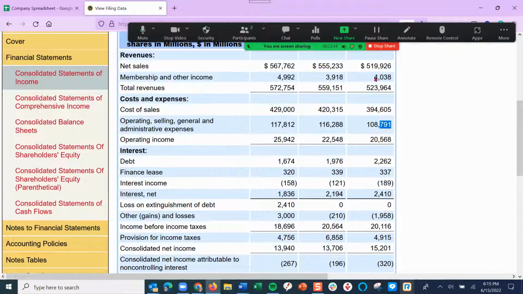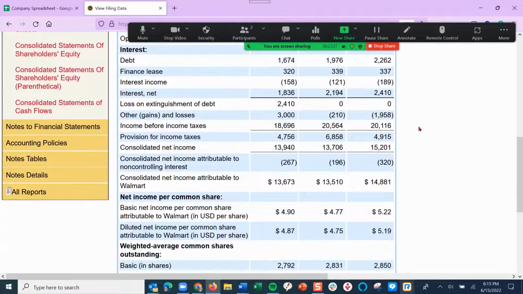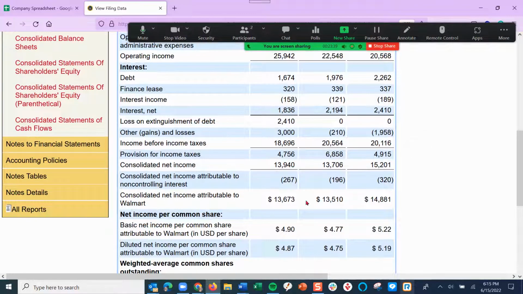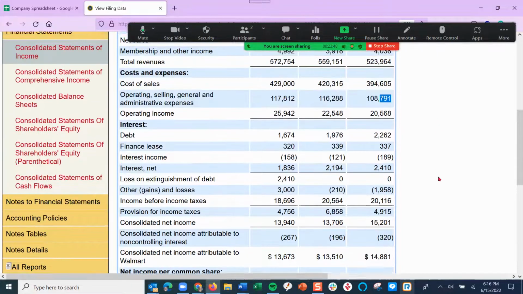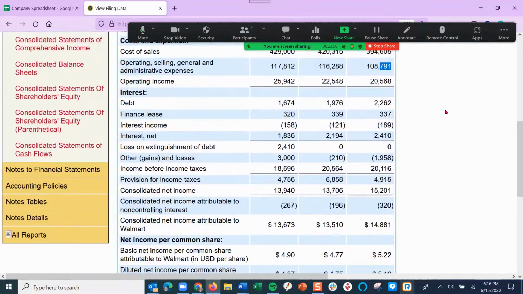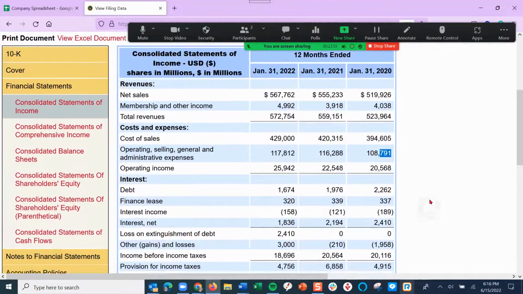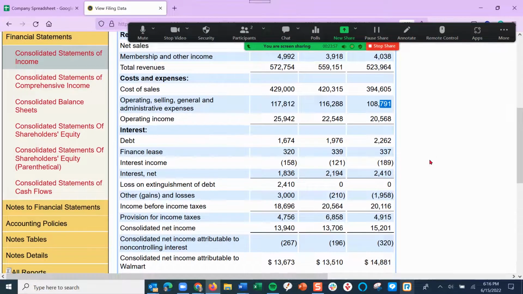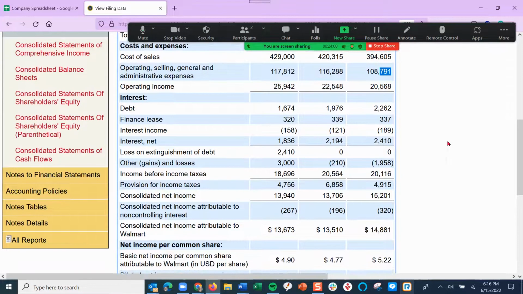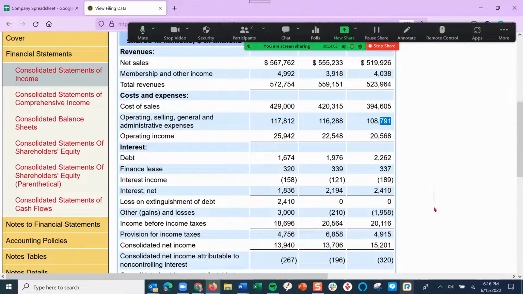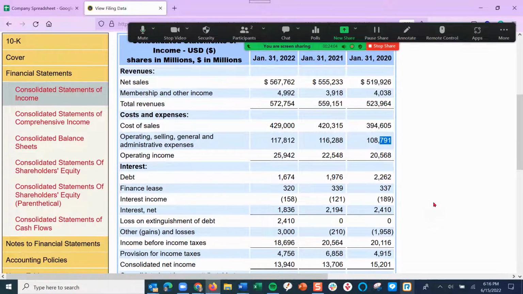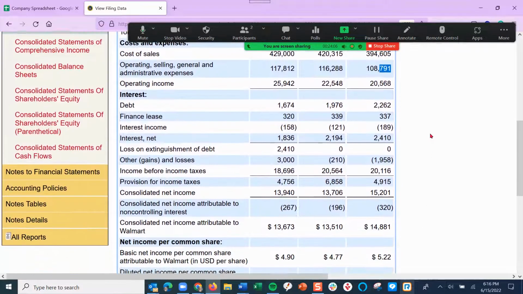So let's go down to net income. We'll scroll down and we're going to go to the bottom line, right before earnings per share. So they had 5.22 earnings per share. And if you look at the net income trend, they actually had less sales in 2020 but higher net income. Net income dropped even though sales went up from 519 to 550, I'm sorry, from 523 to 559. And then profits also went up a little bit from 21 to 22. And sales also went up a little bit.